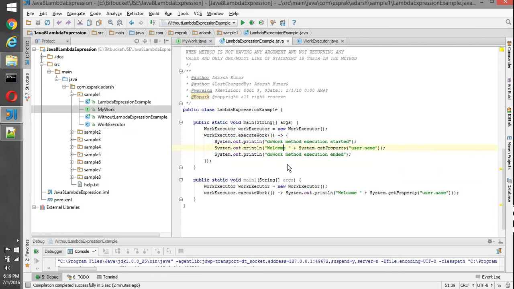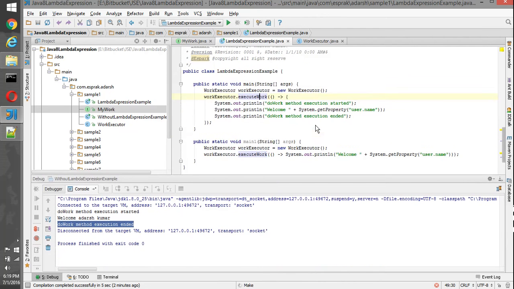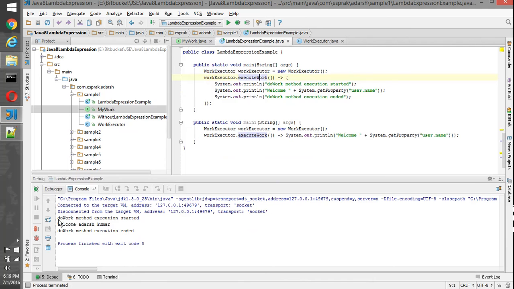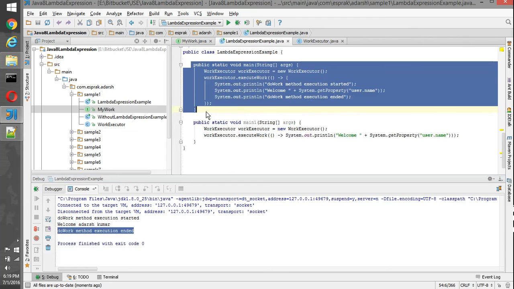Let's execute this. We get the same output: doWork method execution start, hello welcome message, and execution stopped. There is no difference.